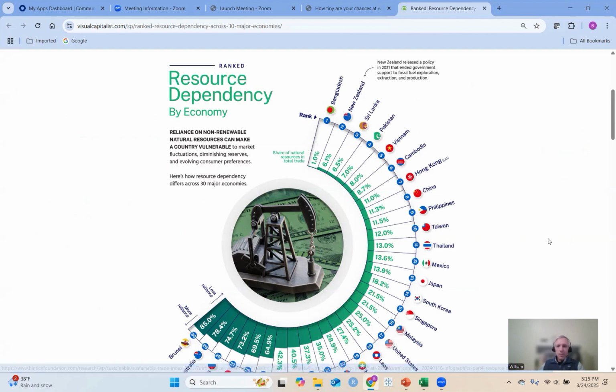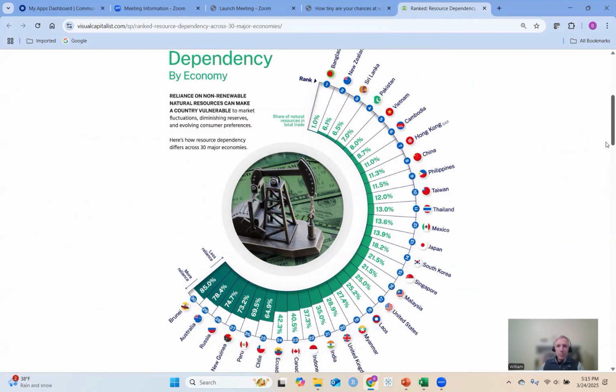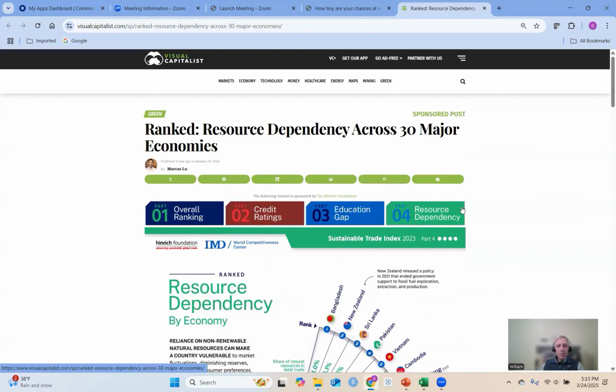Pretty much everything else about this chart I don't like. Why they put this in a circle is a complete and total mystery to me. It just made everything harder. I had to read text that's in a bunch of different directions. I couldn't compare one of these to over here. I could see that it's smaller, but I couldn't compare. The whole thing is just so ill-conceived. I'm startled that they would publish this and say that this was something good. This is Visual Capitalist, a site that does a lot of this kind of stuff, but man, a lot. Anyway,